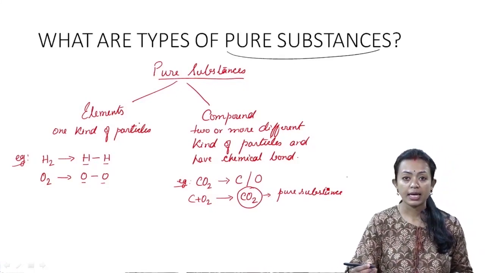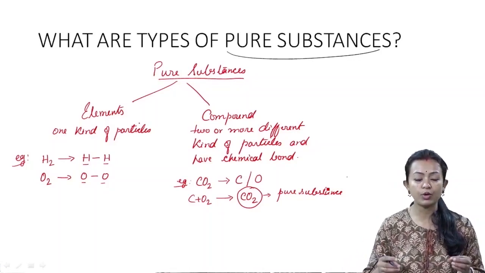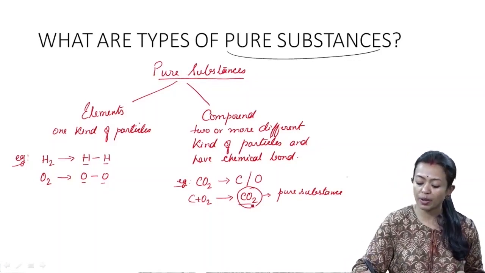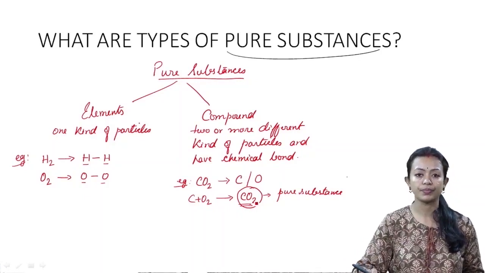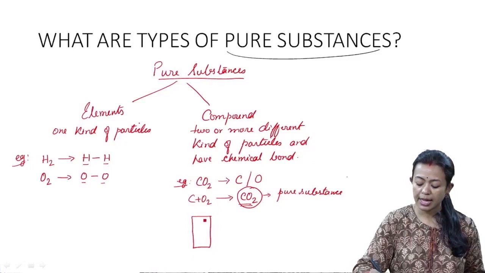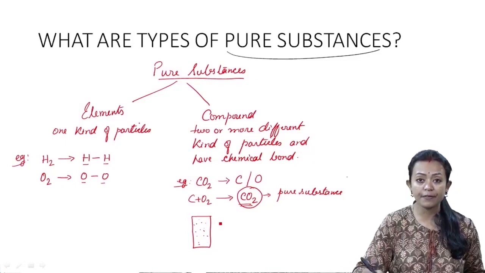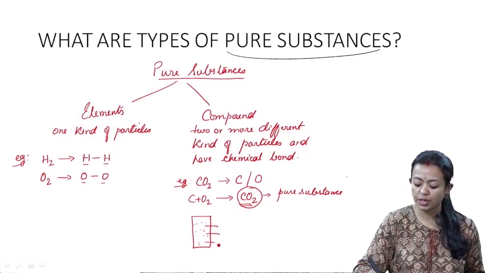Because even after breaking them, if you look for the composition, they will always be CO2. For instance, you take a cylinder and there are carbon dioxide particles in it. Now, if you analyze every part of it, each part of it will consist of carbon dioxide, which is a